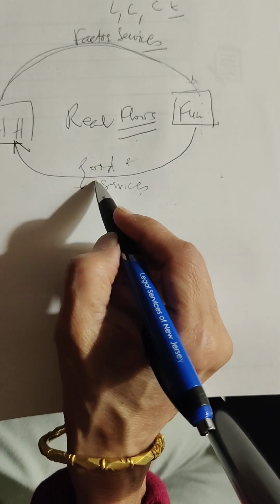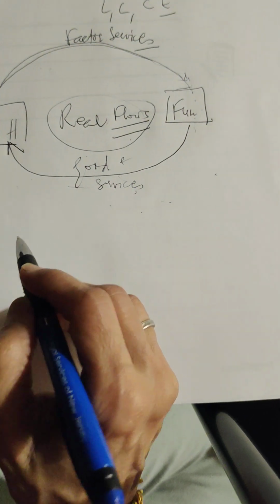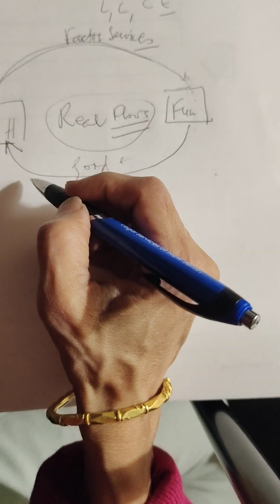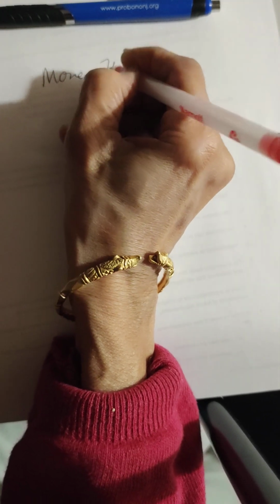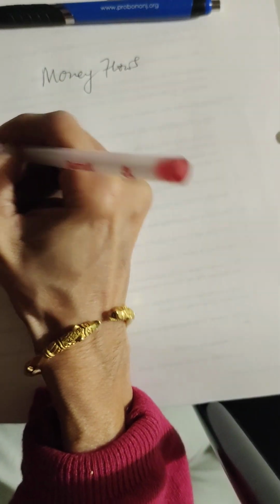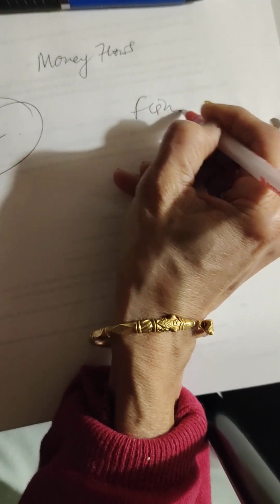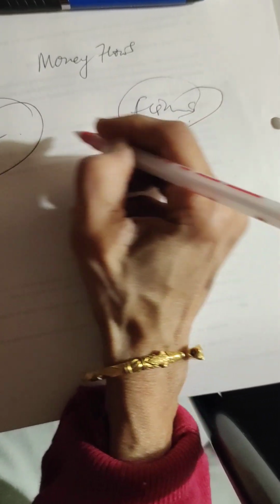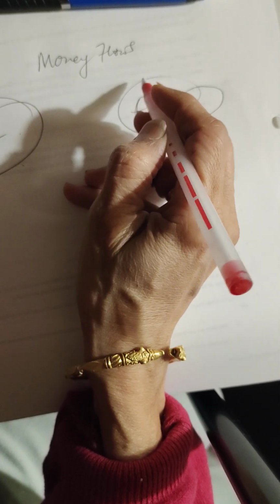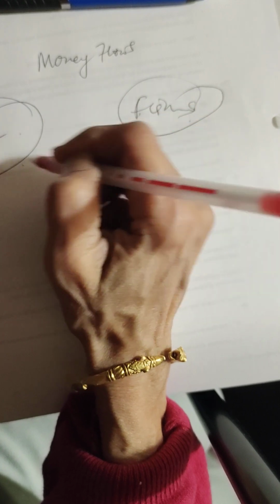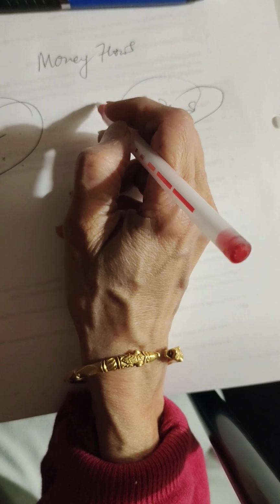Now, we're going to talk about money. So, these are real flows. Let's talk about the money flows. Now we are going to talk about money flows in a two-sector economy, households, and these are firms. Now, can you tell me how? Well, factor payments flow from firms to households for their services: rent, interest, wages, and profit.